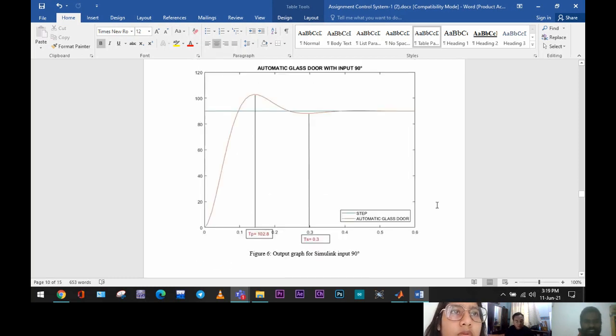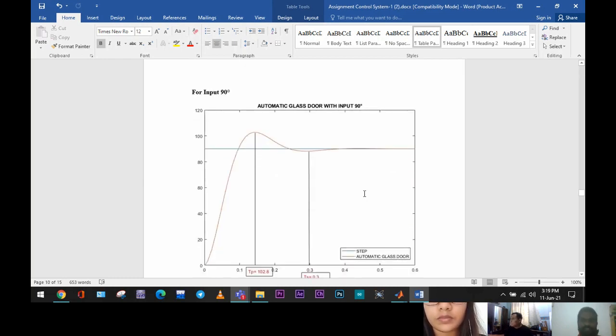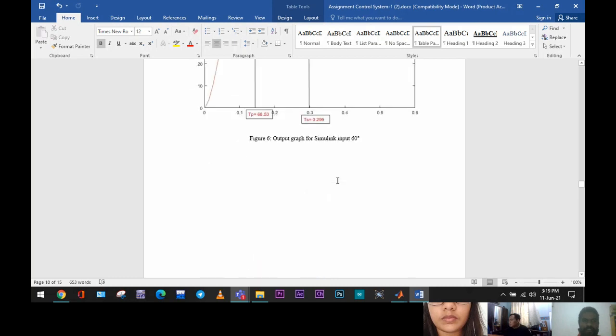And for the last graph, the output graph for the Simulink for 90 degrees, we got the peak value at 102.8, and the TS value is 0.3. All right. After we refer to these graphs, which we obtained by doing the simulation in our MATLAB simulation circuit,